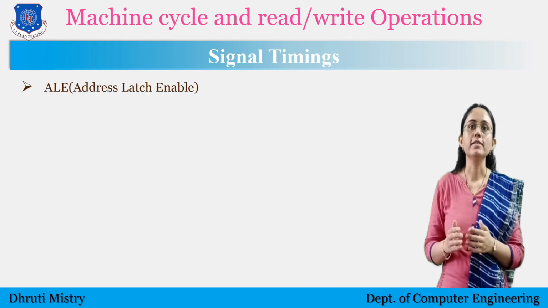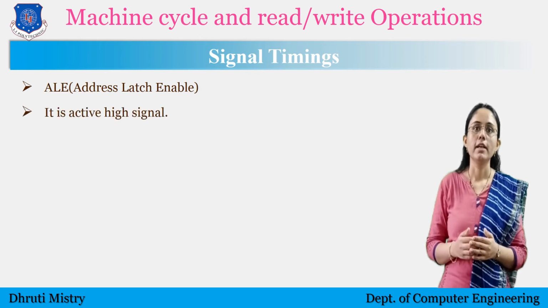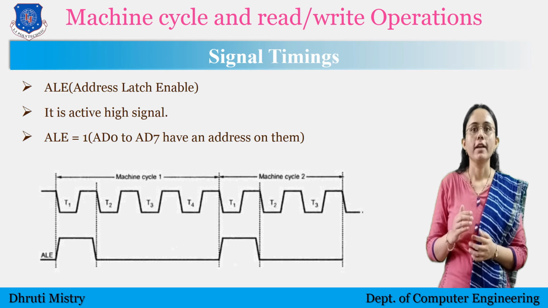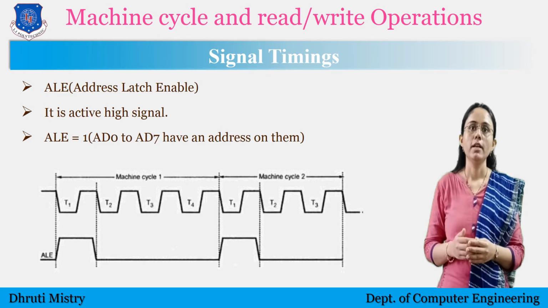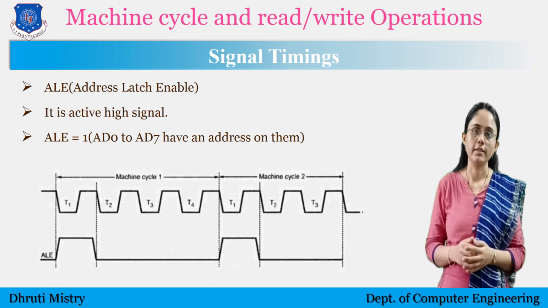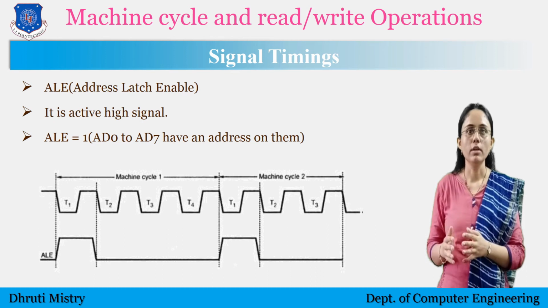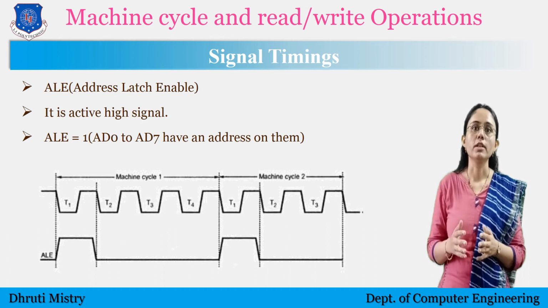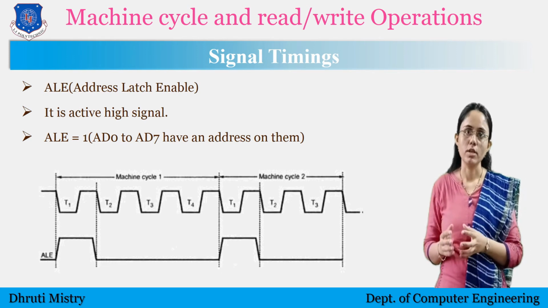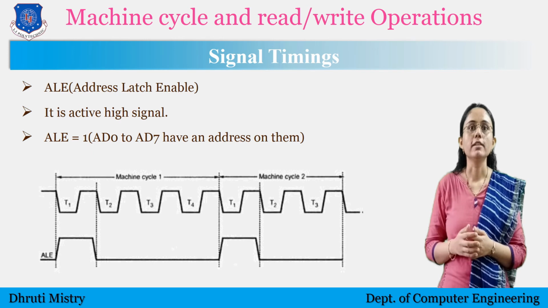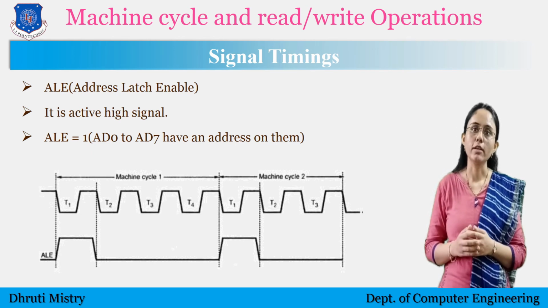ALE means address latch enable. This signal is an active high signal. It becomes 1 when the AD0 to AD7 lines have an address on them. It becomes 0 after that. This signal can be used to enable a latch to save the address bits from the address or data multiplexed bus. It is activated in the beginning of the T1 state of each machine cycle